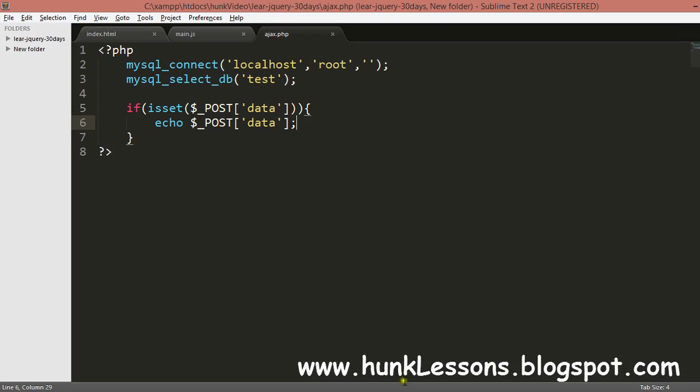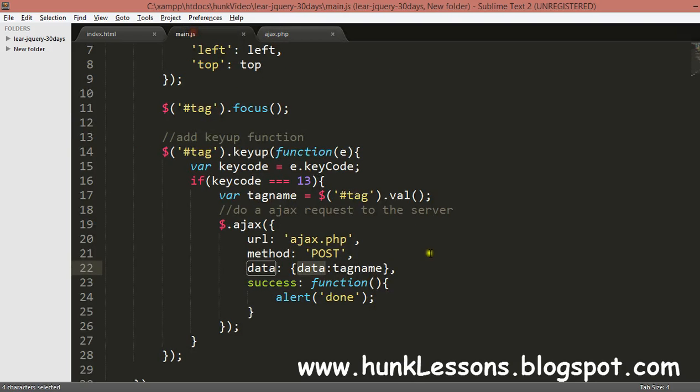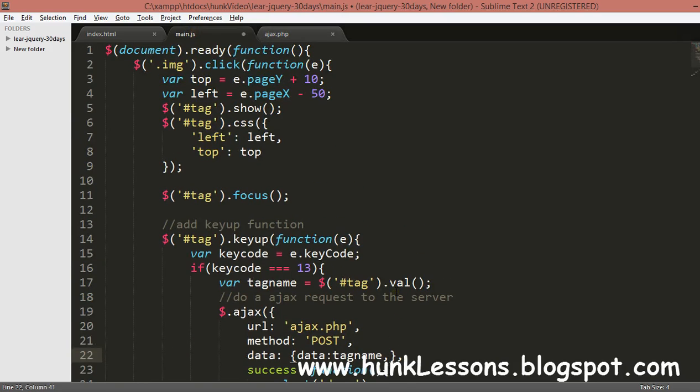Now if you want to send two more things, the left and the top values. I'm going to send the left and the top values. For this I will do this to here.